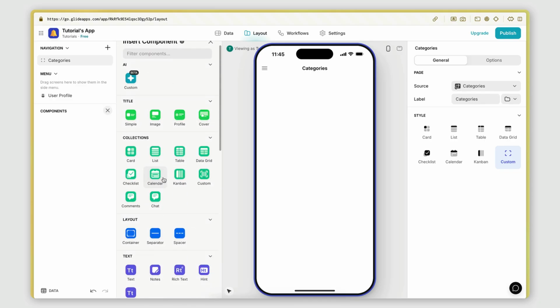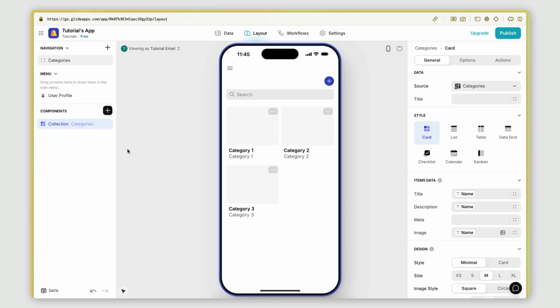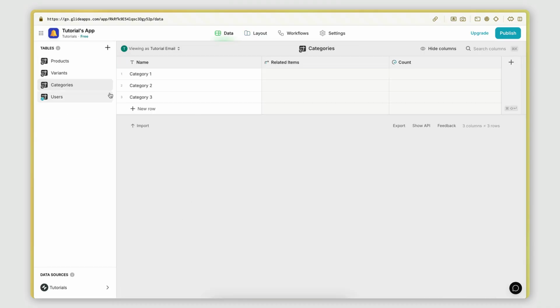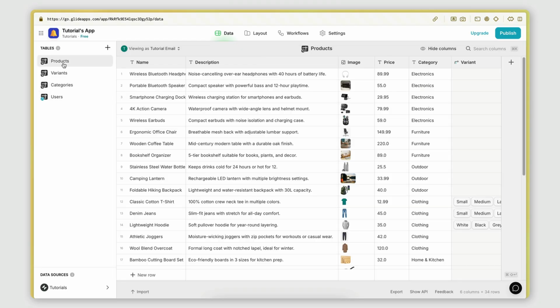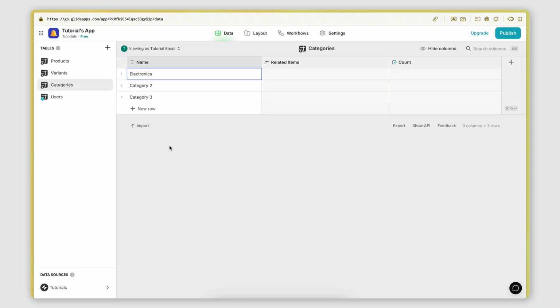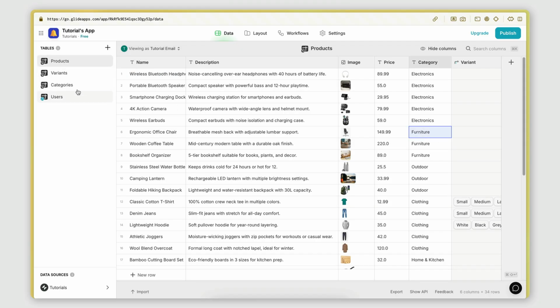So for this example, what I'll do is, as I said, I want to display a list of categories. So I'm going to use a collection. And my favorite one is card, because on a card, I can display both an image as well as some text. Now, as I said, I forgot to set up my categories database. So I'm going to go back here. And this will be very similar to how I set up the variance database. So what I want to do here is create a record for each category of products that I have. So electronics, furniture,